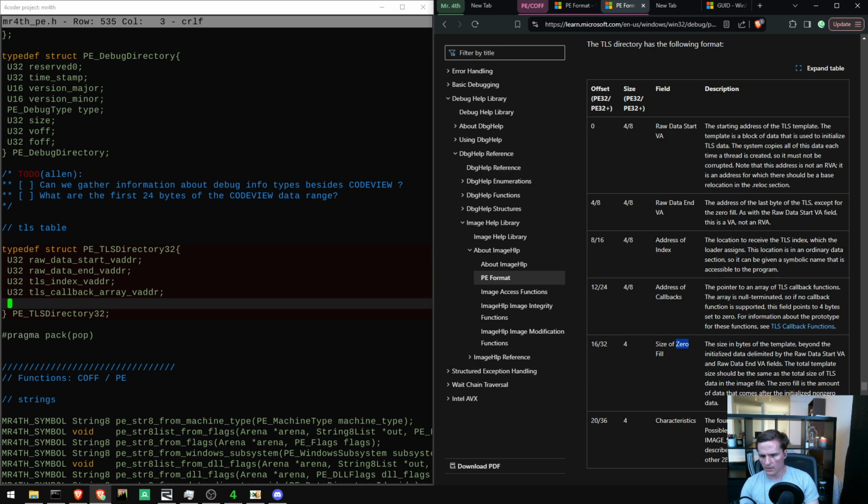Size of zero fill. The size in bytes of the template beyond the initialized data delimited by raw data VA, raw data VN. The total template size should be the same as the total size of TLS data in the image file. The zero fill is the amount of data that comes after the initialized non-zero data. Okay, so we have U32